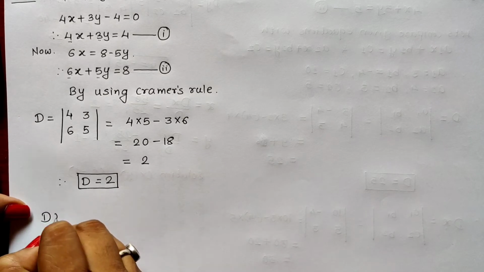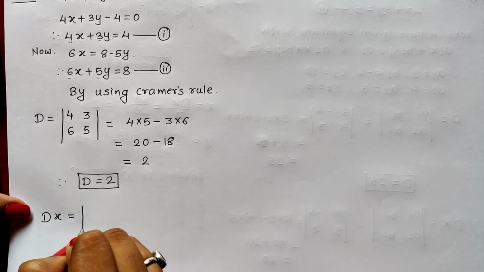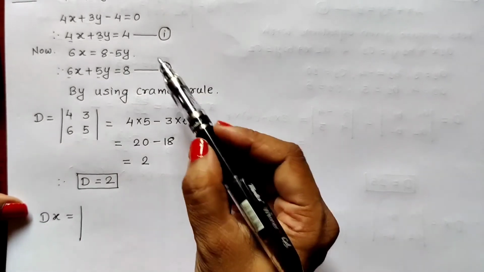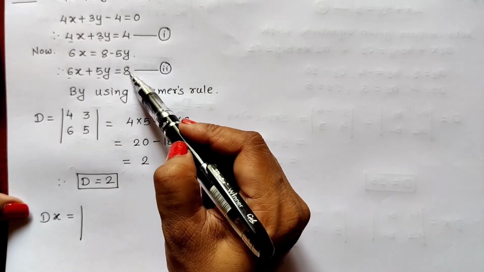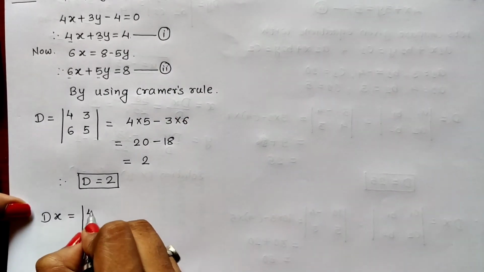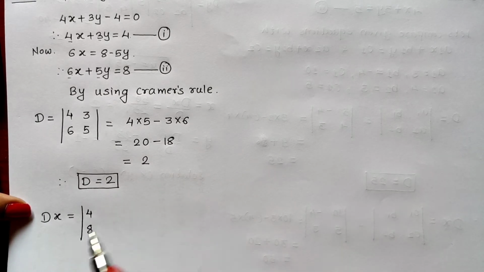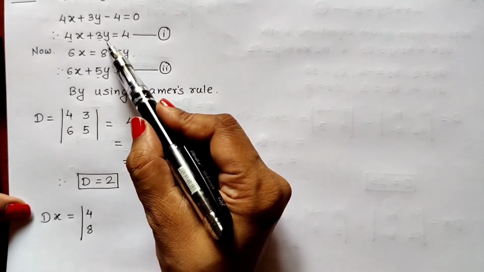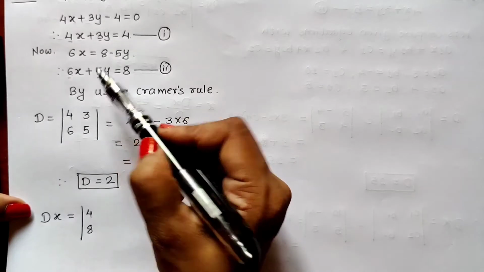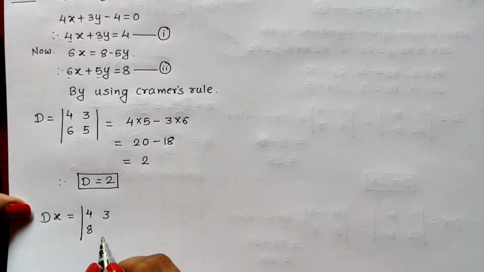So dx I will be writing. In dx we first write constant terms. So constant terms are 4 and 8. So we write 4, 8. And then in the second column we write the coefficients of y. For dx we don't use coefficient of x. We will be writing coefficients of y. So coefficients of y are 3 and 5. So I write 3, 5